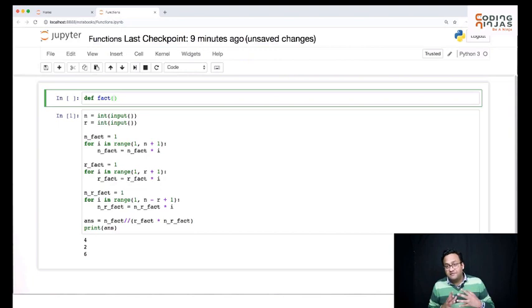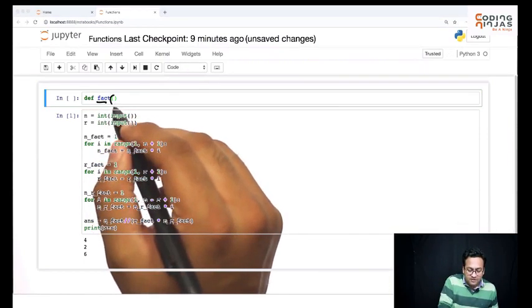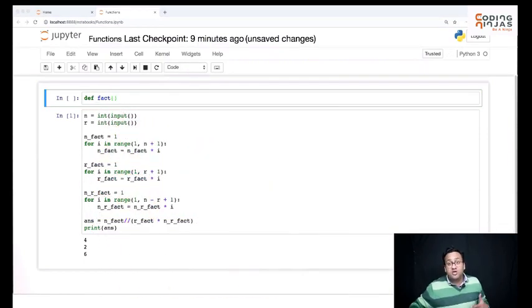So we need to define a function. While we are creating a function, we should be very, very clear. This is what we want to use our function for. This is how we are going to use our function. So we need to define what exactly is the input that we will require and what exactly is the output that we will be producing. So while you're creating the function, you need to define the name. I've already defined the name, which is fact. And within these brackets, I need to write how many inputs I should expect in this function.